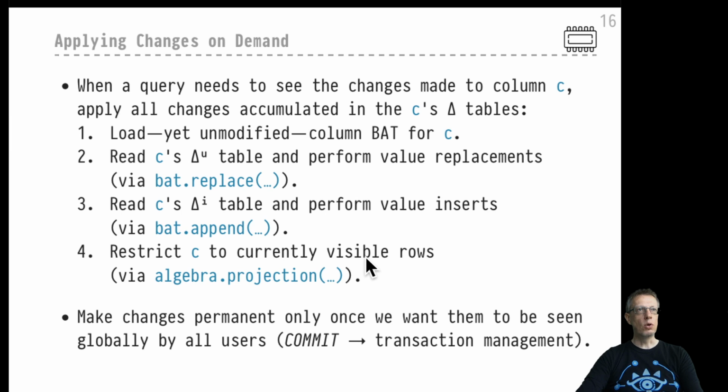So as a local user, whenever we want to view the content of column C, this is a stack of operations that has to be performed to give us the current view of the updated C table. Everybody else would just see the original C column BAT, only when we decide to really make these changes globally visible. These are changes that everybody should see affected. We will perform a particular command